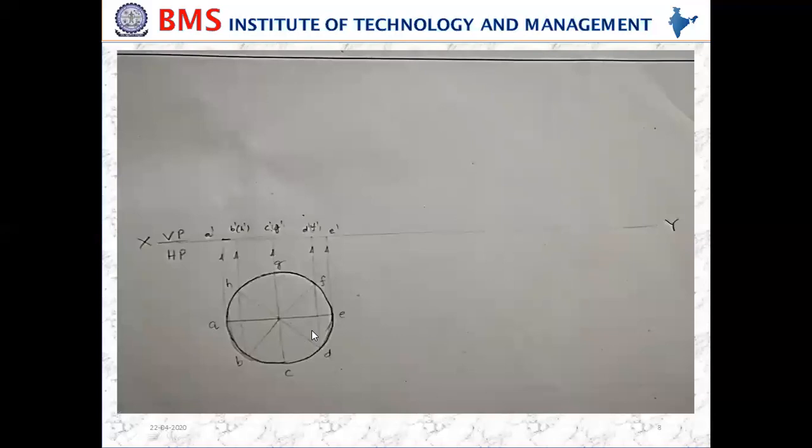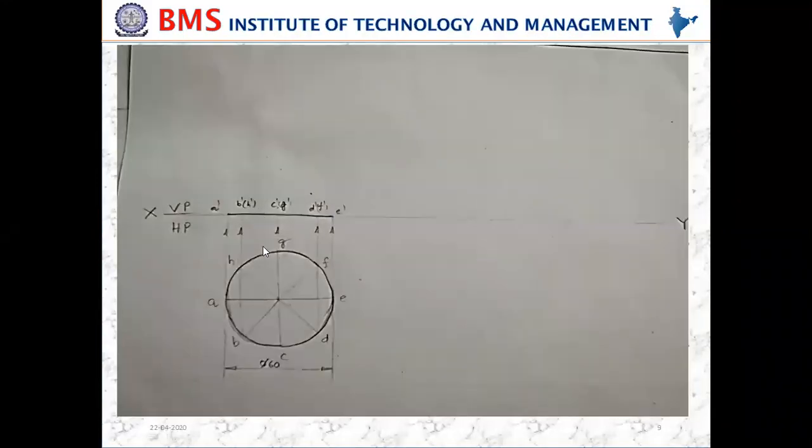Next. Once you have the top view, you need to get the front view by projecting upwards. So project the vertical projection onto the XY line, and draw the front view by joining all these points. So A dash and B dash, H dash is in bracket, C dash, G dash, then D dash, F dash, and then E dash. F dash is in bracket, G dash is in bracket, and H dash is also in bracket. So now after joining this line, denote the dimension of this circular lamina, that is diameter 60. So denote the dimension of this lamina as well, and then the front view.